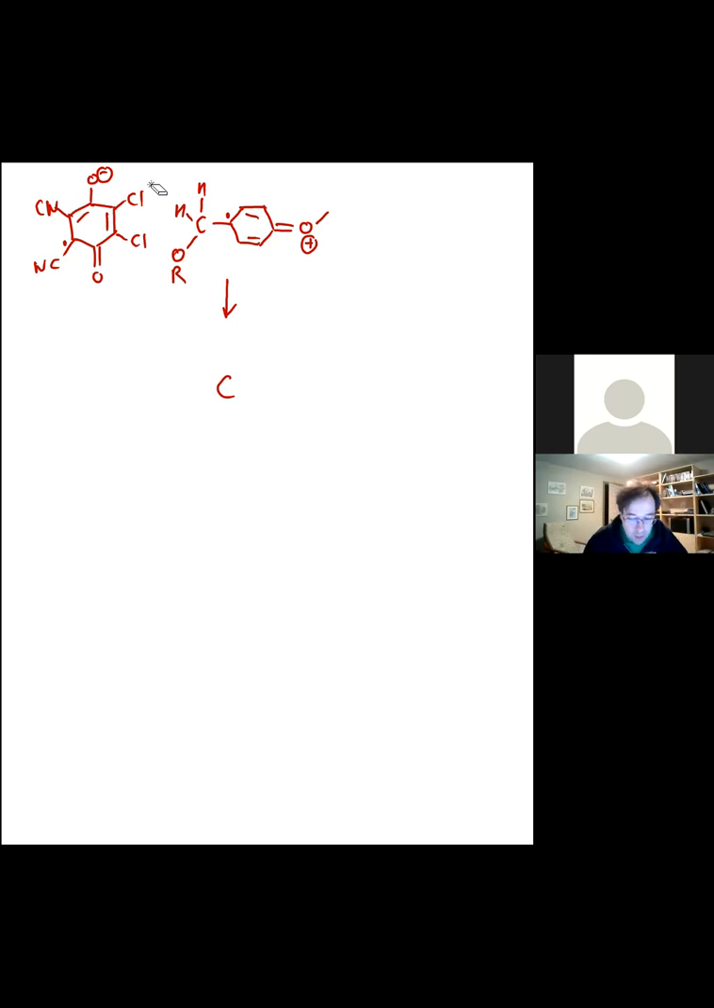So what we can do here is we can lose the radical. So we're going to grab this proton from here. That's going to kick onto here. And that's going to give us